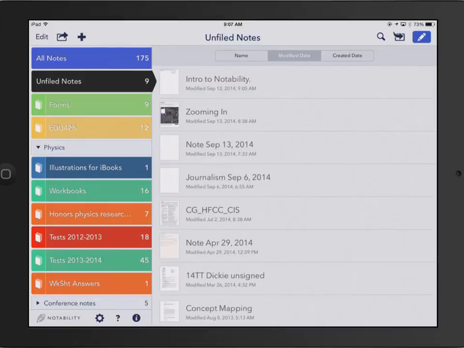Other things to know. Let's say you created a note and you no longer want it. You just want to delete it. If I click on a note and I swipe to the side, I then have the option to delete it. I don't have to. I can just tap somewhere else if I don't want to delete it by accident. Not so bad. And then if I want to delete notebooks, I can click on this edit button over here,